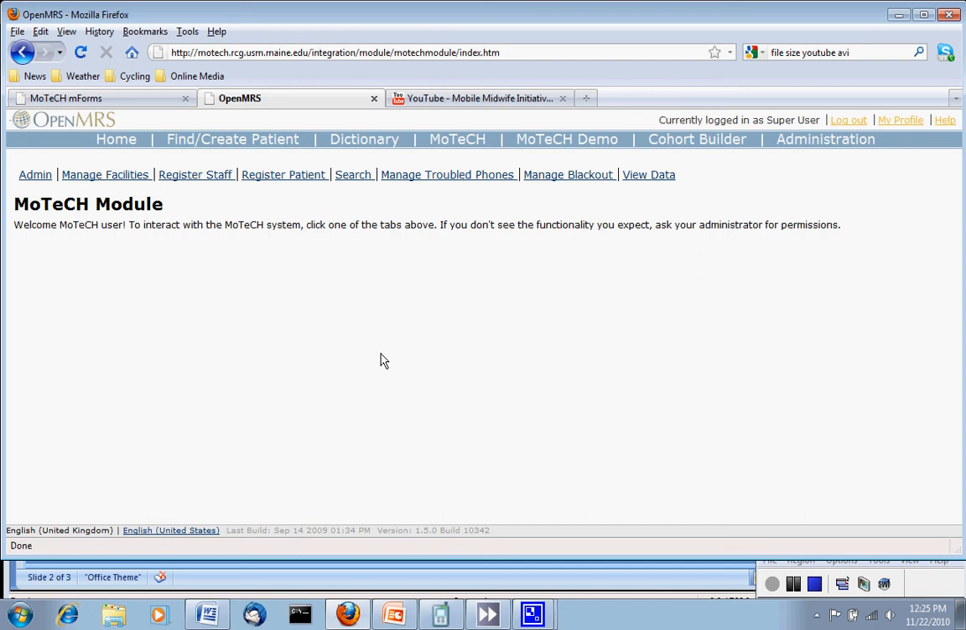that's been entered. We can also manage troubled phones, which are phones that are no longer receiving the MoTeCH messages. And lastly, we can indicate blackout periods, which are blocks of time where we don't want to send out messages. An example might be when Ghana's playing in the World Cup, we probably want to minimize the number of messages